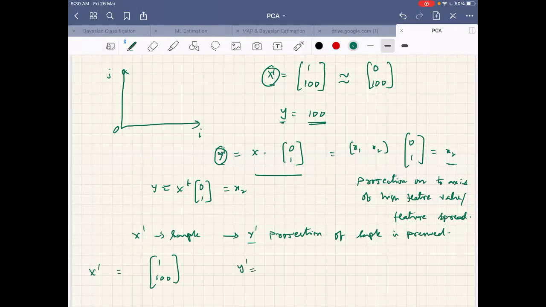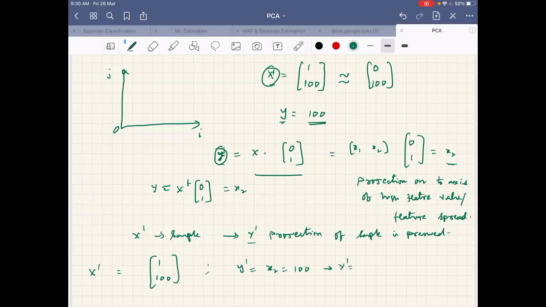The projection I will write in small letters. Please excuse me for small and capital. Scalars I'm writing small, and I will write the vector version in capital. This is X2, which is equal to whatever I have got, 100. But now this is in 1 dimension, and this is in 2 dimensions. How do I find the mean square error or whatever? Difference in norms, a 2-dimensional representation of it. How do I have it?